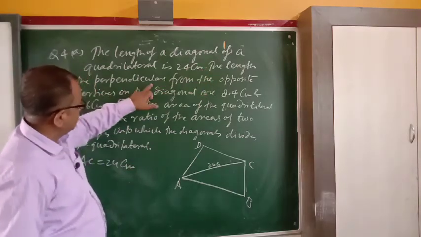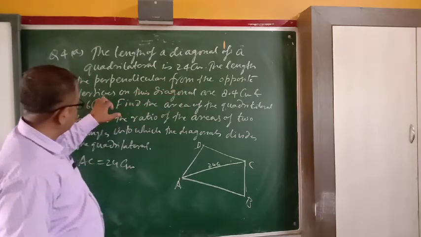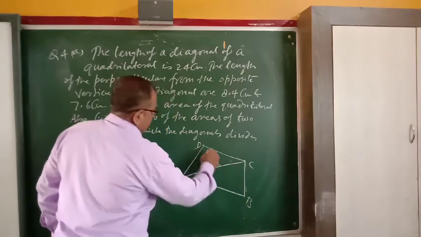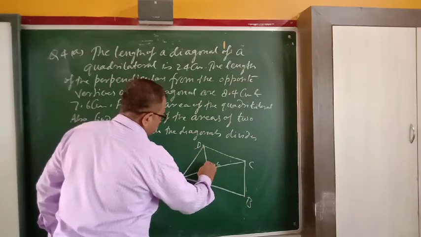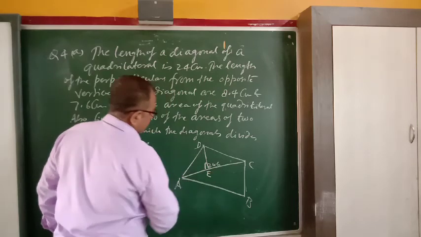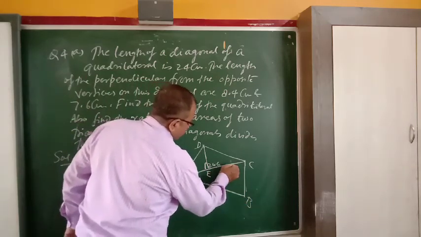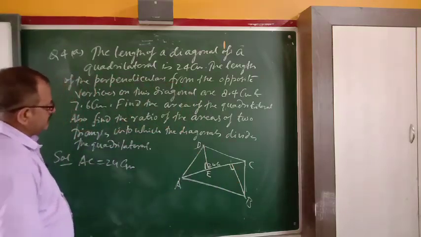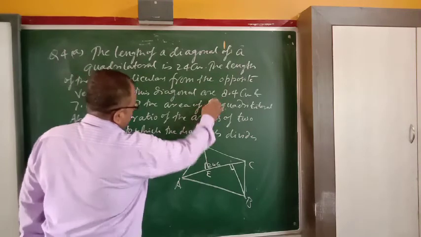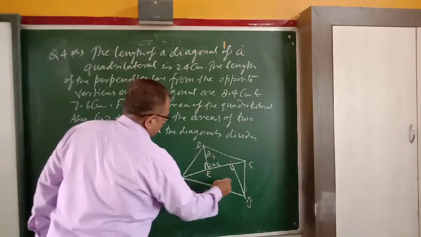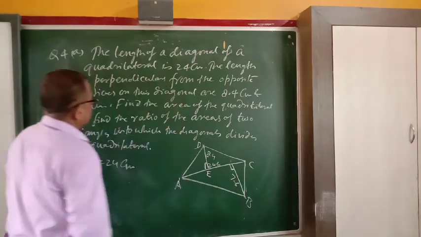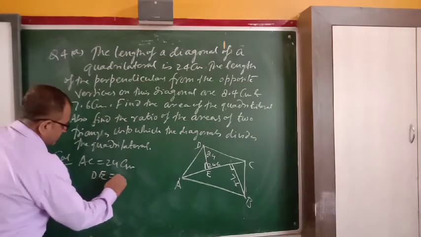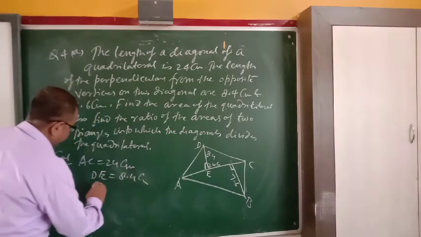The length of the perpendiculars from the opposite vertices on this diagonal. So opposite vertices are D and B. Draw the perpendicular from opposite vertices. Suppose it is DE, and from B draw the perpendicular on the diagonal AC. One length is 8.4 and other is 7.6 centimeter. So we can write DE is equal to 8.4 centimeter